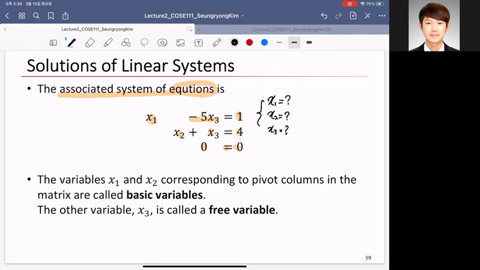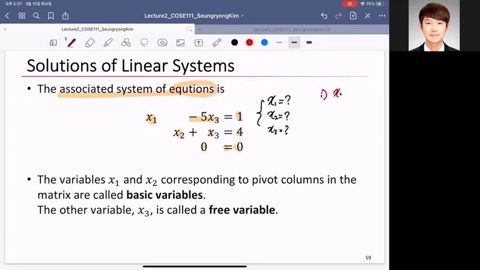Which x1, x2, and x3 values make these three equations true statements? There are infinitely many, non-unique. For example,